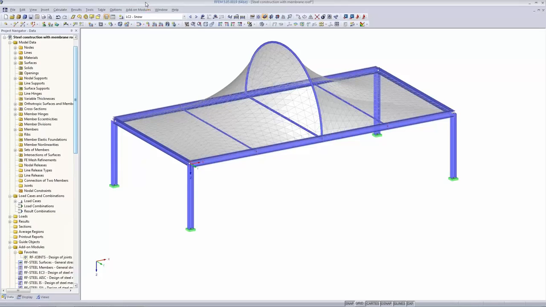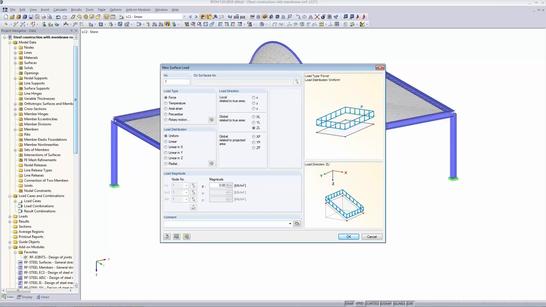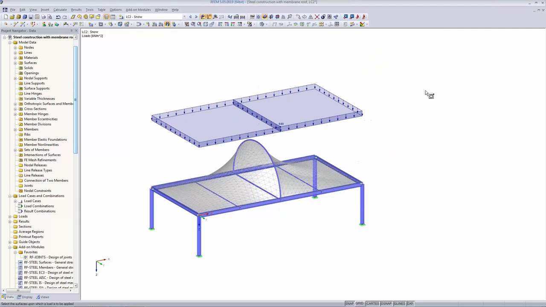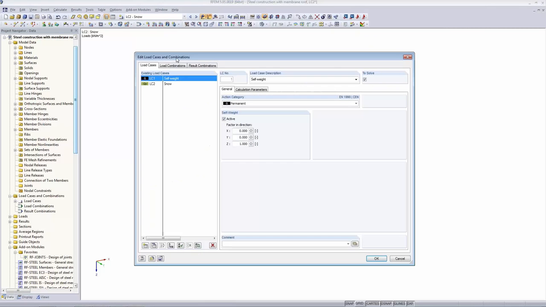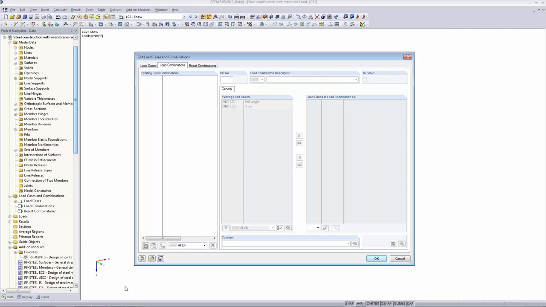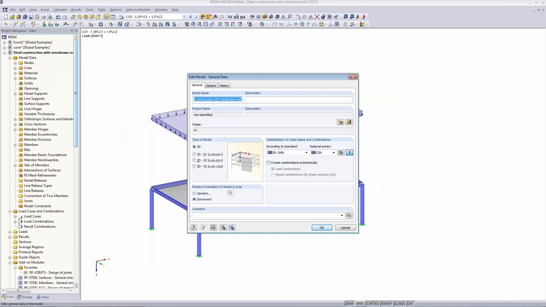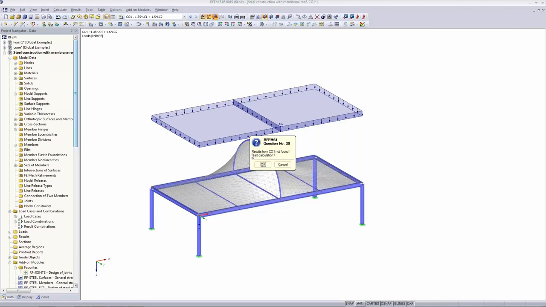So I just quickly define a new surface load with a value of 0.68 global related to projected area in the Z direction, and I just have to click onto the surfaces and have defined a load. And I then define a load combination with both of them. And it chooses the multiplication factors automatically in accordance to the standard that we have set here. Okay. So I just want to calculate this load combination